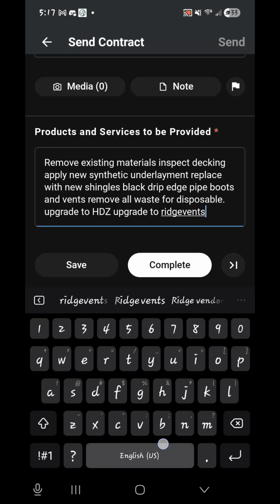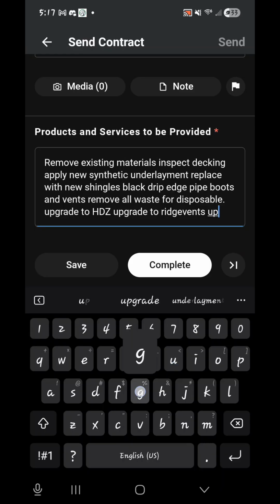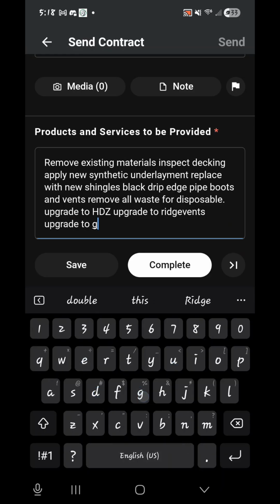ridge vents, or you upgraded them on a warranty, whether it's silver pledge warranty or golden pledge warranty. So let's just say we gave them the golden pledge warranty with the HDZ. You'll put upgrade to golden pledge warranty. This will also allow you to put in any other notes you need to let anyone know about, okay? Myself, the production managers and all that, like full redeck